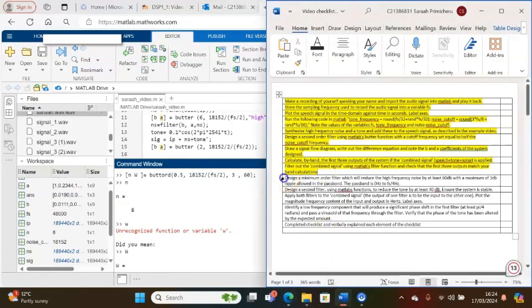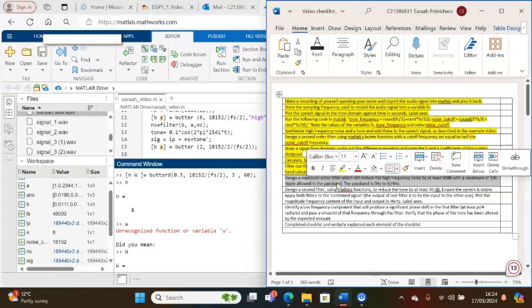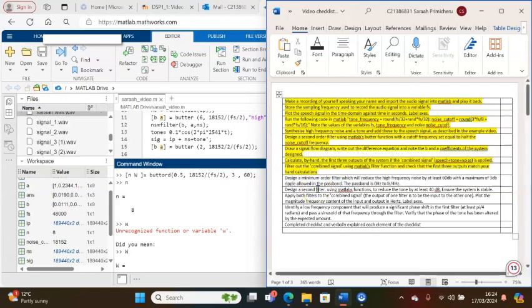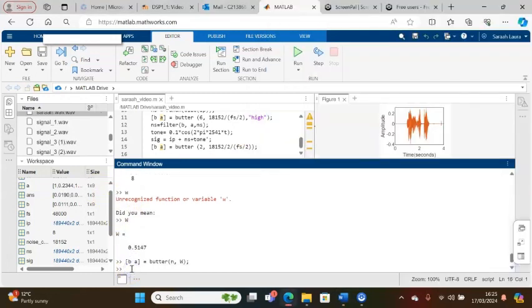So this part, so we've designed the filter, and then we have to move on to creating a second filter using MATLAB functions to reduce the tone to 40 dB. So I'll be doing that and continuing on. So moving on, I'm gonna specify here